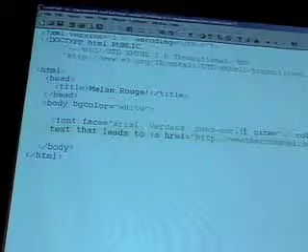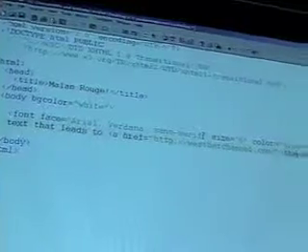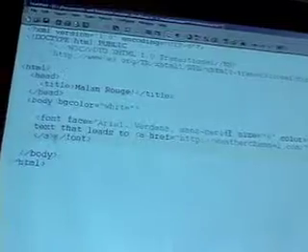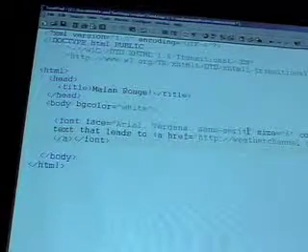weatherchannel.com, close quote, close bracket, and the weather channel. So I showed you this briefly, I think in the last lecture, where you have this distinction between what the hyperreference is and what the name of the link is. Notice what's in between the quotes is the URL the user is going to go to. What's in between the open tag and the close tag, the anchor tag, is what's going to appear on the